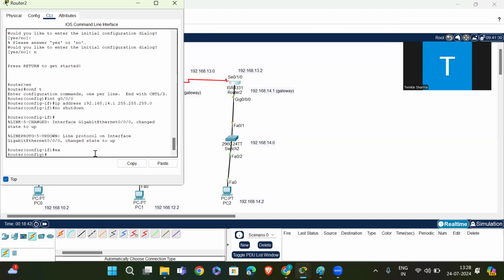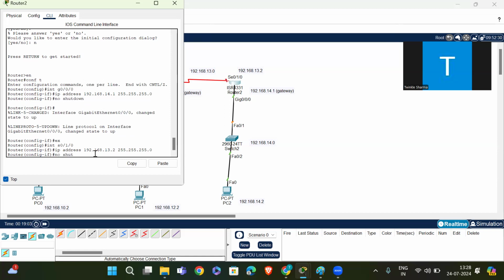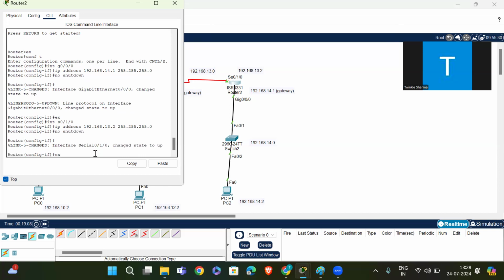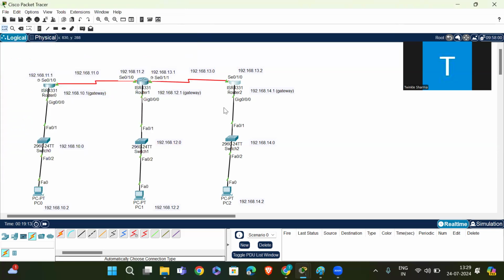Then exit, interface S0/1/0, IP address 192.168.13.2, 255.255.255.0, no shutdown. Okay, done.